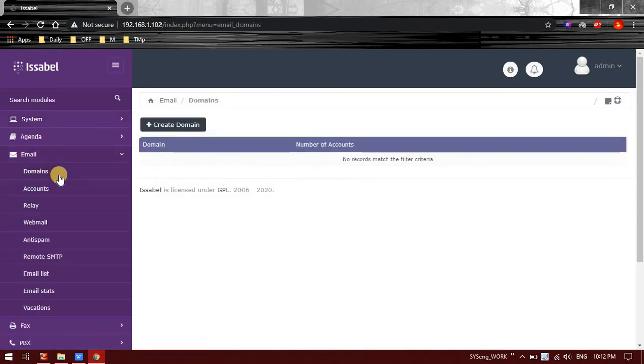So what is domain? Domain is basically the email domain which you want to create. For example, if you have a small office of approximately 10 to 15 agents and you don't want to buy an email server, and you want to manage your own email server, create a domain and create multiple emails in that. You can create a domain and create email IDs under that domain.